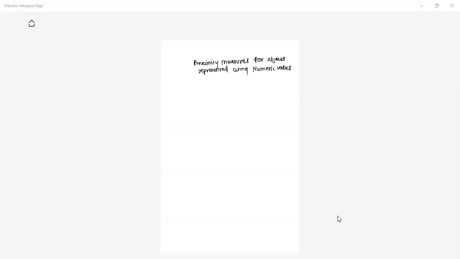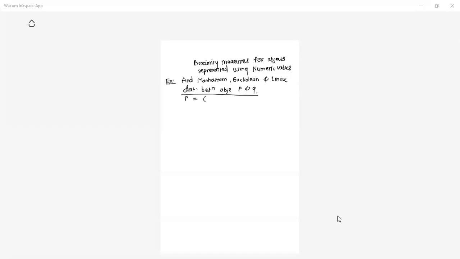So if we discuss the simple example, as my problem statement says: find the Manhattan distance formula, then Euclidean distance. Find Manhattan distance, Euclidean distance and Lmax distance between the objects P and Q. Assume this is my problem statement, right? And the values of P and Q are also given here.